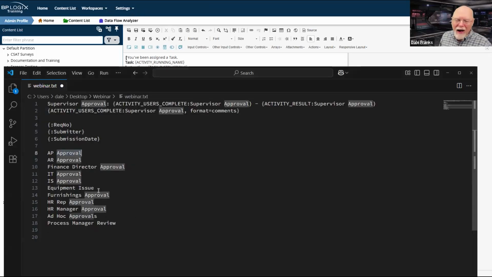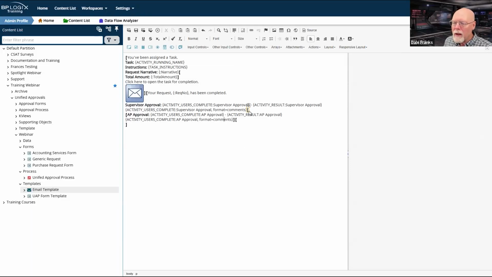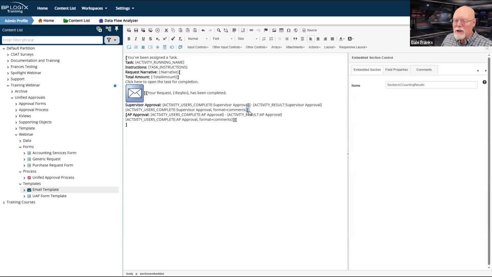So if I did, then I would need this outer section, because this outer section handles the entire accounting thing. If I have an accounting activity that I know is going to run no matter what the accounting request is, I could throw in one, let's call it analyst review. So whether it's a purchase request or a payment from a vendor, it doesn't matter. Some financial analyst is going to have to review it. So there might be a step that has to run in every single accounting process.